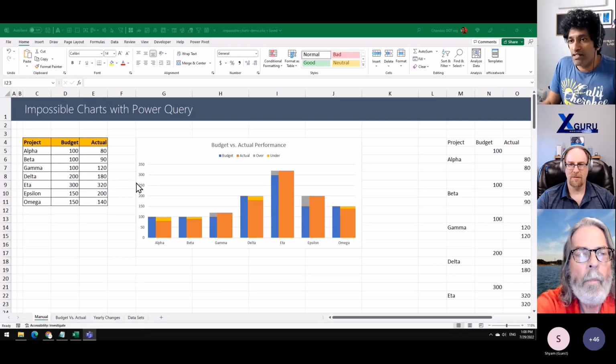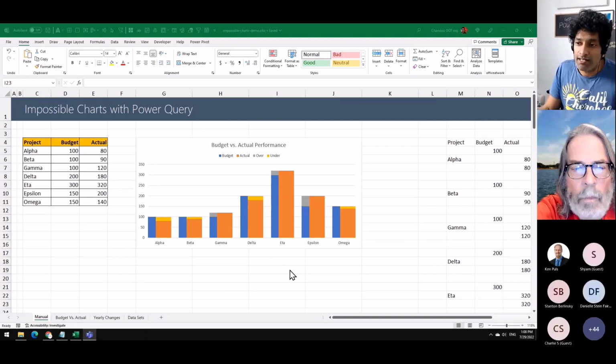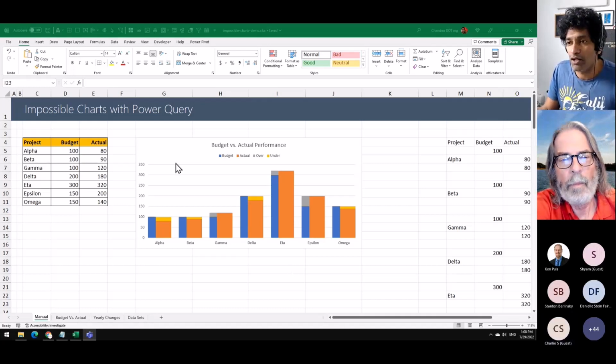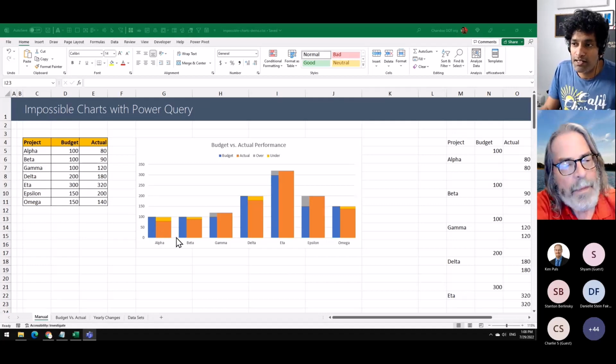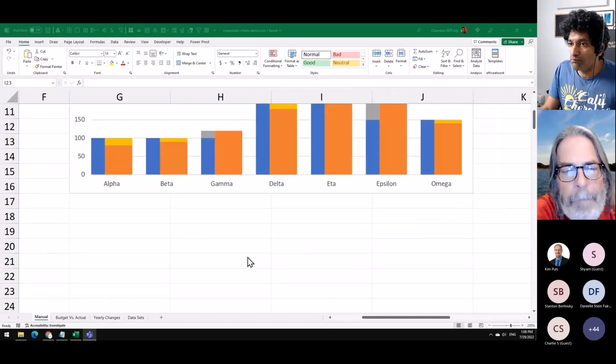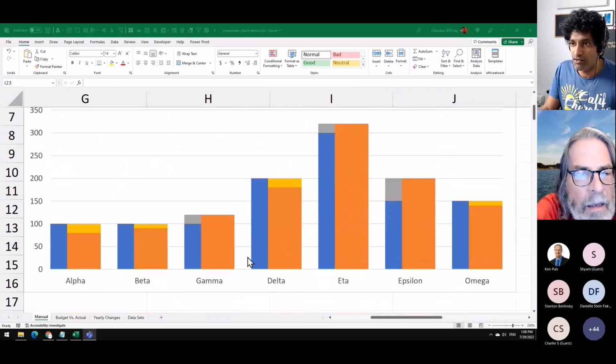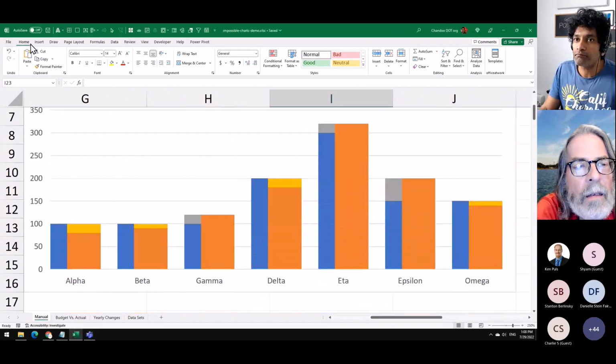So the concept is pretty simple. Here I've got a chart that kind of looks like a column or a bar chart. Let's just call it column chart. But if you look at the widths of the column, they are inconsistent. And I'm going to zoom down a bit more so we can actually focus on this little guy here.